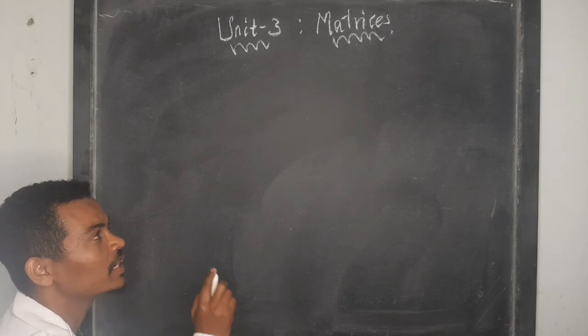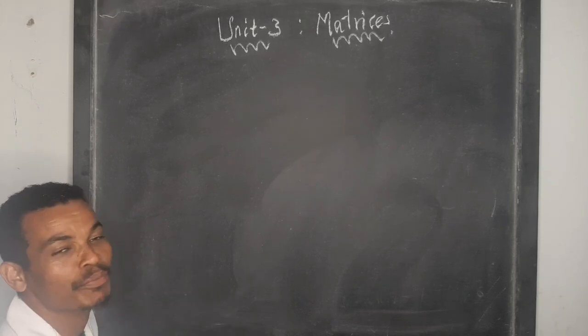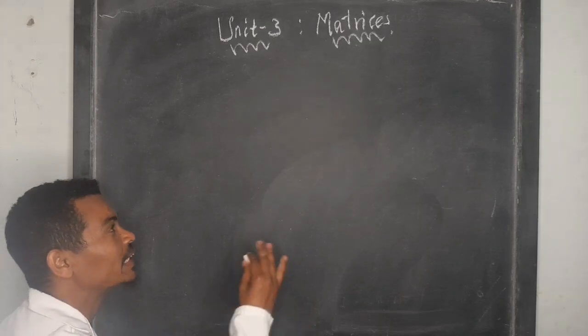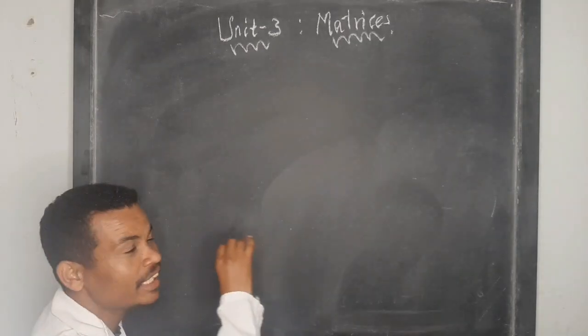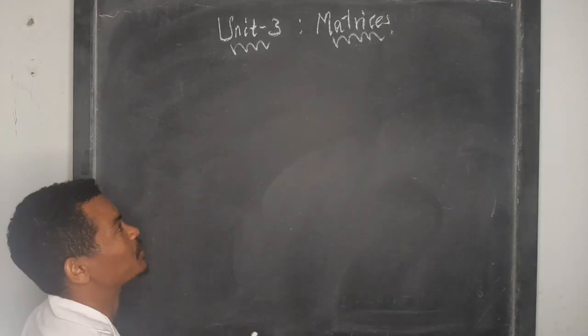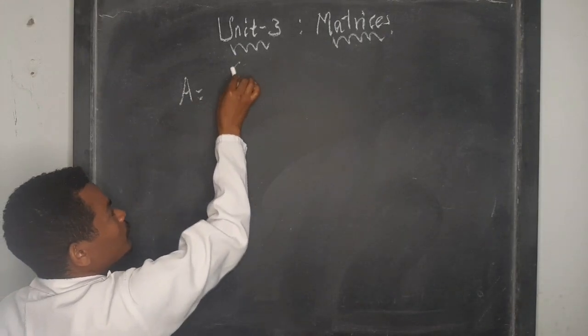Today we'll talk about the definition of matrix and the different types of matrix. A matrix is a rectangular array of numbers arranged in rows and columns. That is, let's say the matrix A is equal to